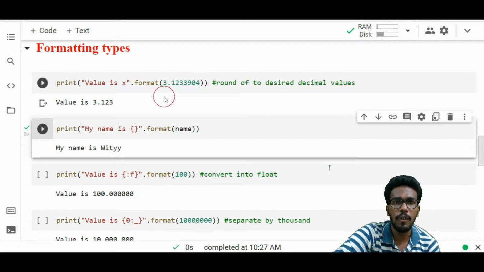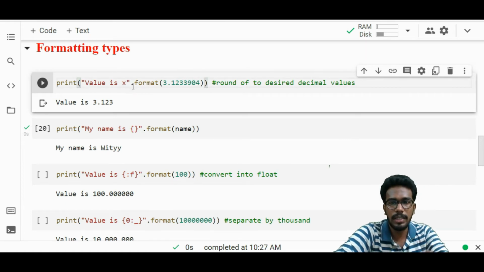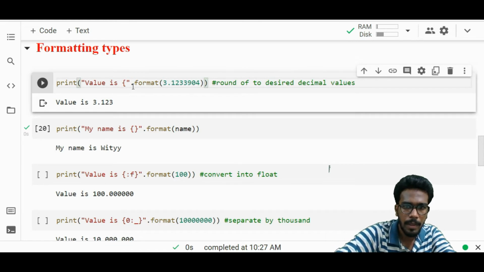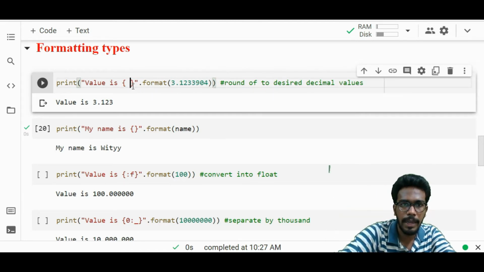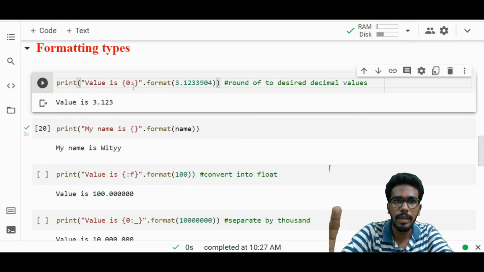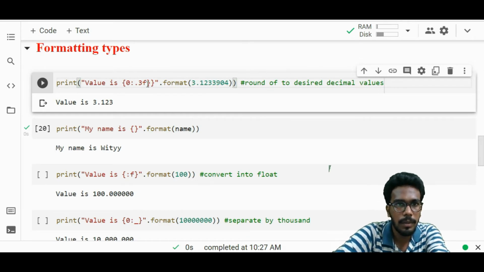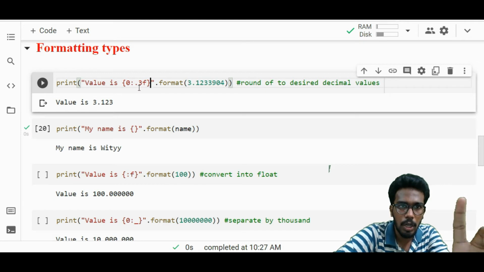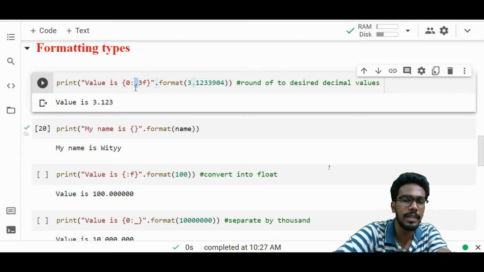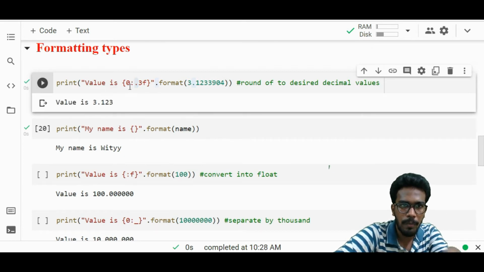Similarly, now I need to round off this 3.124 into a particular value like 3.123. So instead of x, what I should write is some curly braces. Inside that, after the 0th index, so 0 colon, how many points do I require? I actually require 3 points, right? So that is what I am writing here. Let me remove this extra colon. So 0 colon dot, this dot represents the decimal point. After the decimal I need 3 floating points. If I run this code, I will get the output. So starting from the 0th index, after the decimal point, that is what it denotes.